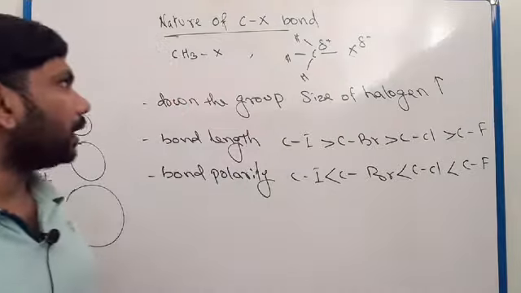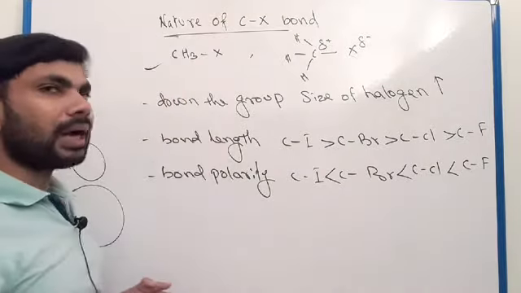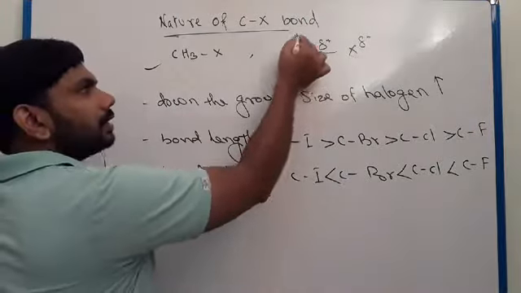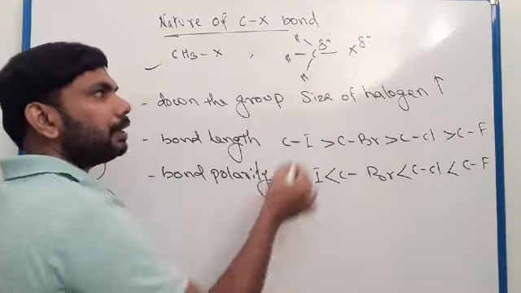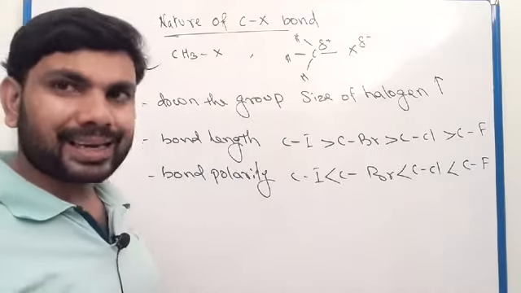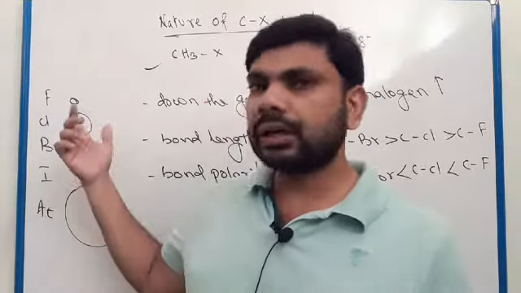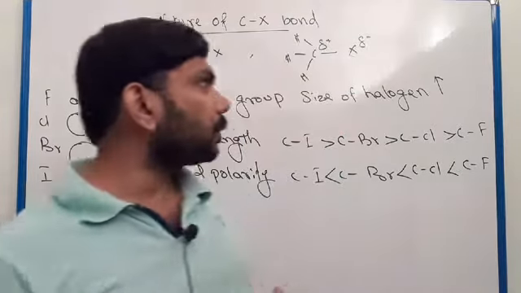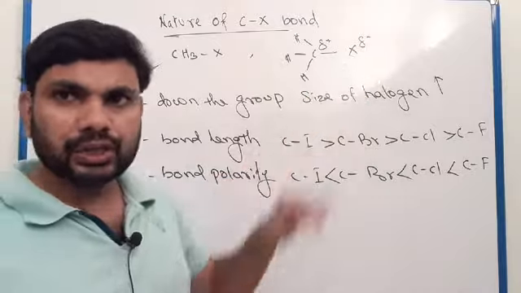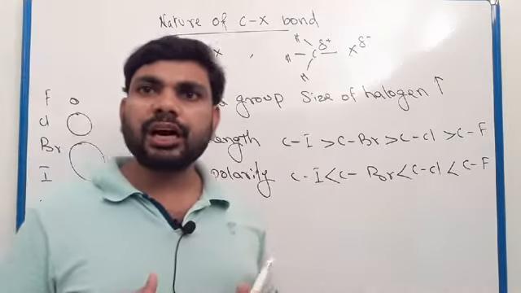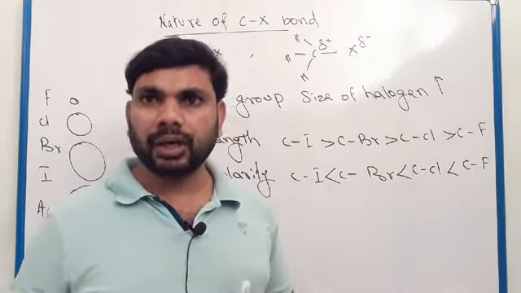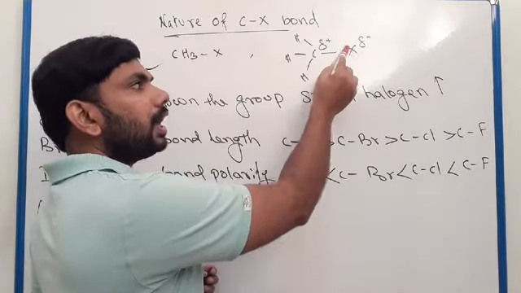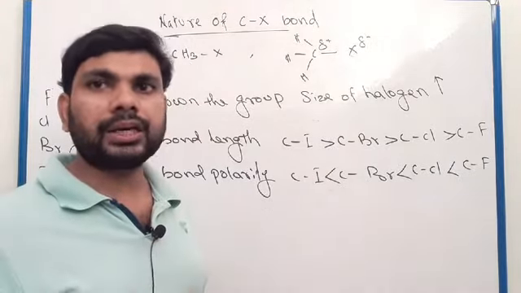We know haloalkanes. This is one example of a haloalkane. Here carbon has 3 hydrogens and is directly bonded to a halogen. Here X represents one of these halogens: fluorine, chlorine, bromine, iodine. We know halogens are more electronegative than carbon. Okay, so here this is a covalent bond. Carbon and halogen share one pair of electrons.